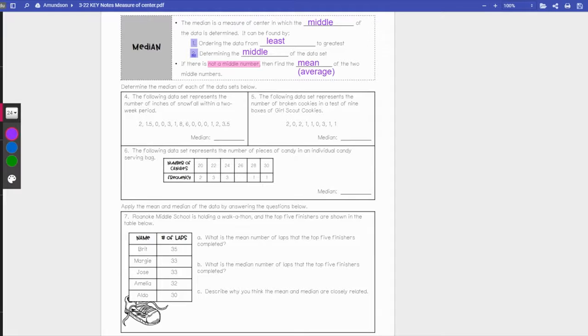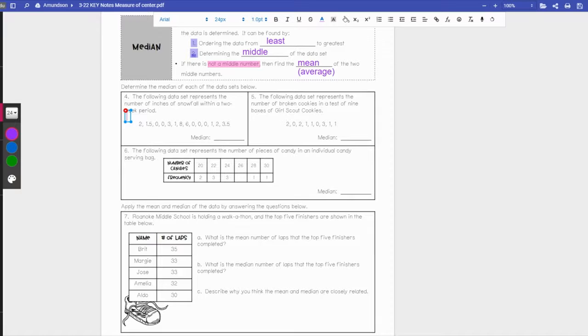So the first thing I'm going to do is put them in order. And I want to make sure I don't forget anything. So I'm going to go ahead and count how many numbers I have. I have 1, 2, 3, 4, 5, 6, 7, 8, 9, 10, 11, 12, 13, 14. I have 14 numbers. So when I've listed them all out in order from least to greatest, I should have